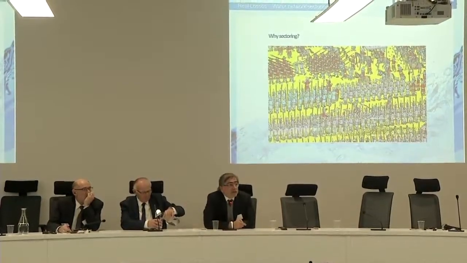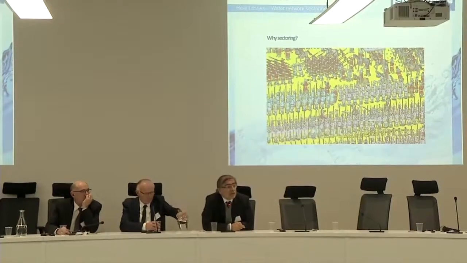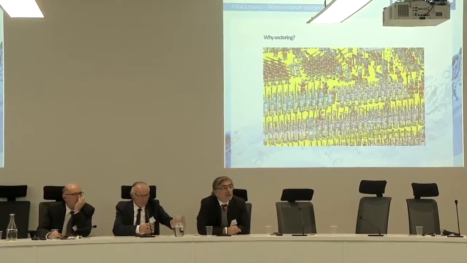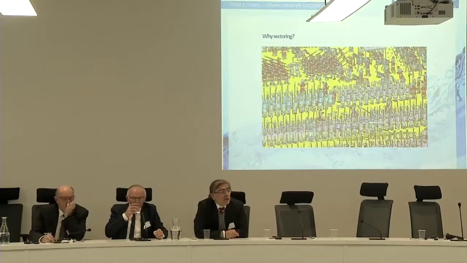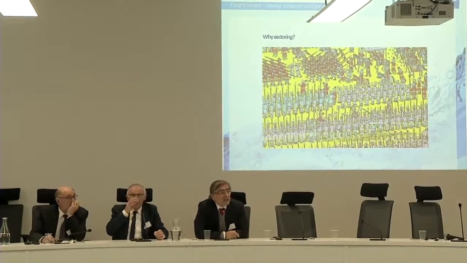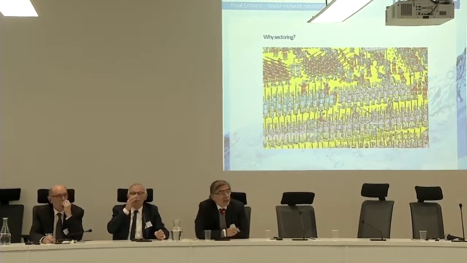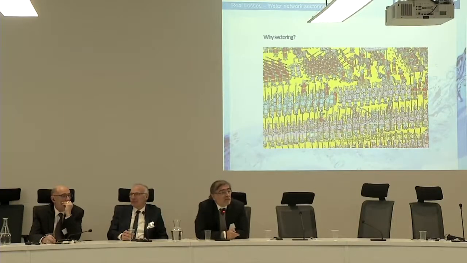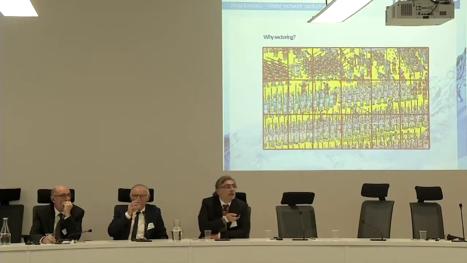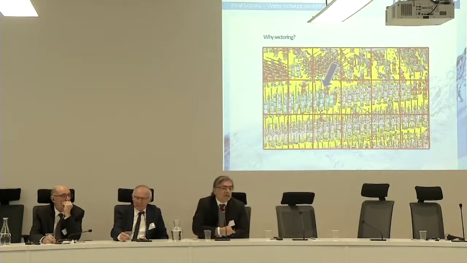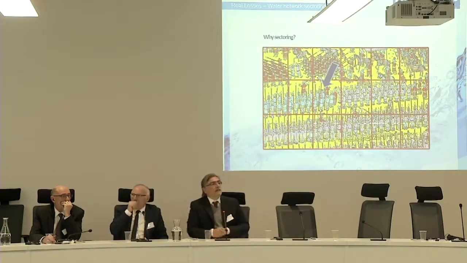have an important role. So the first thing we do to decrease the real losses is the sectoring, dividing the net in DMAs, district meter areas. Why is it important? Because, as you see, you can't find Waldo. If you divide the net, it's easier, and then you find Waldo. So the network must be divided in several pieces so that we can find the problem.